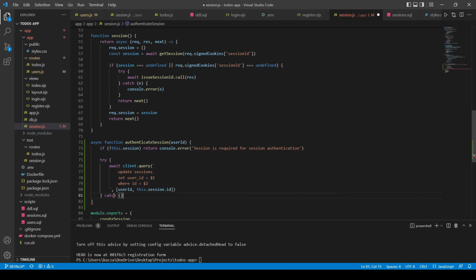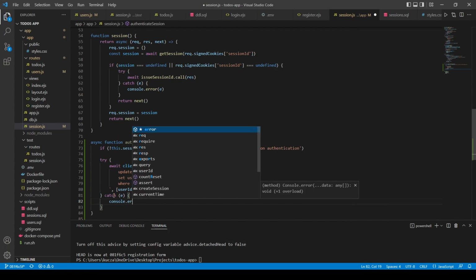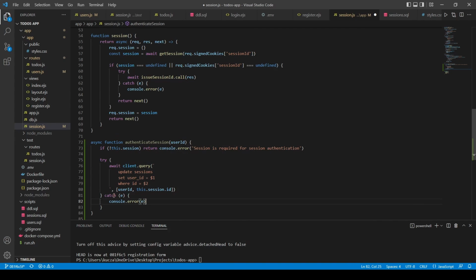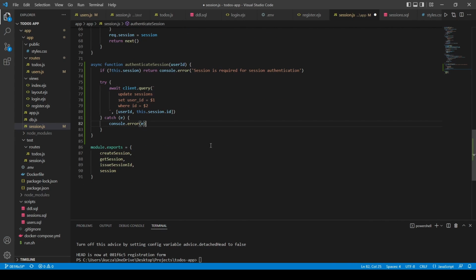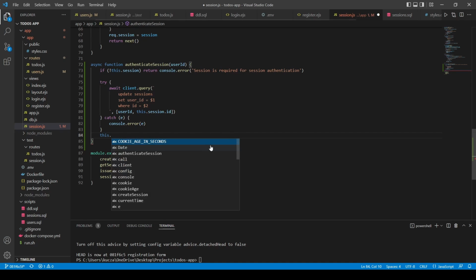Okay, and then we want to catch. We want to catch, and if something goes wrong, we want to console error it, and then do not do anything else, or we can actually maybe, yeah, so here we don't want to really do anything else. And then we want to do this